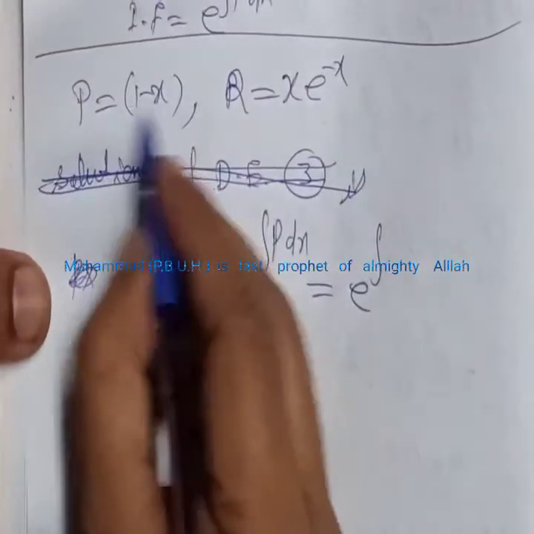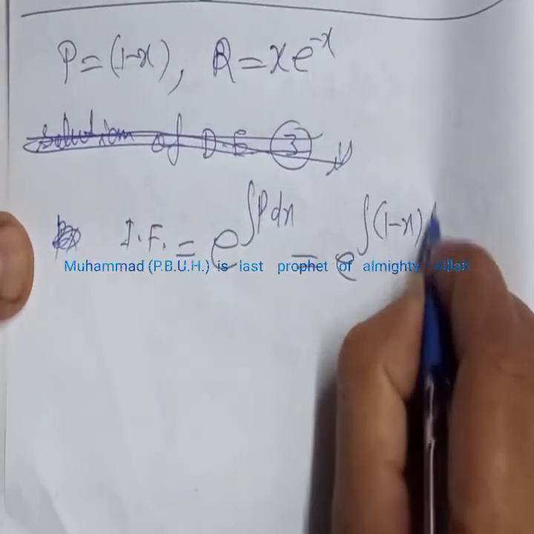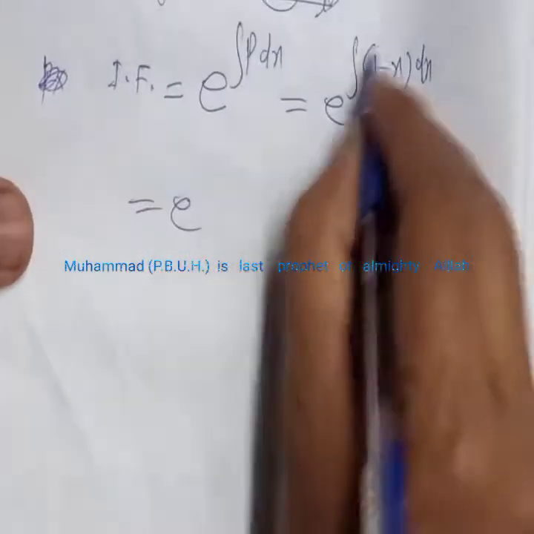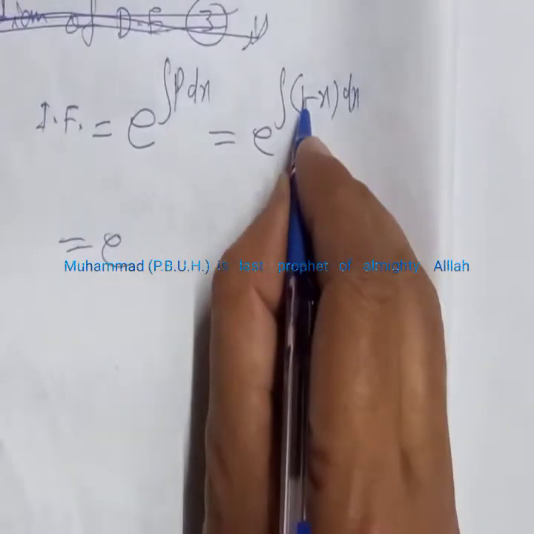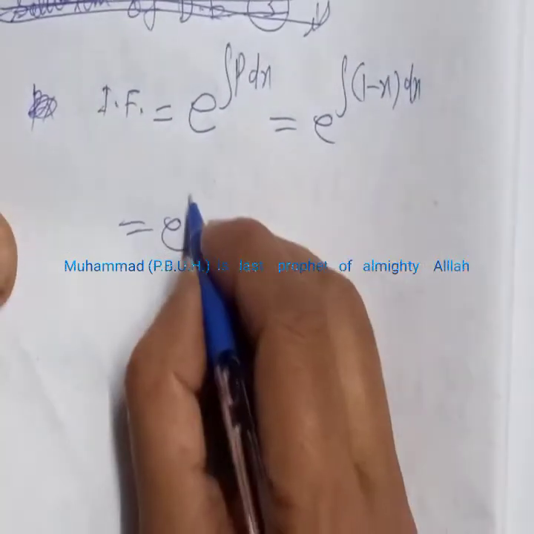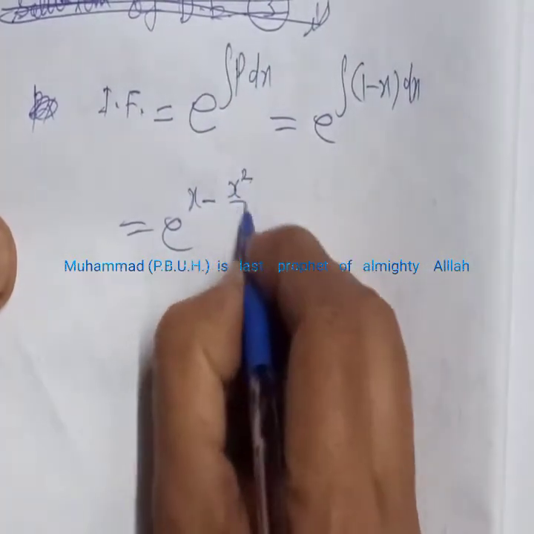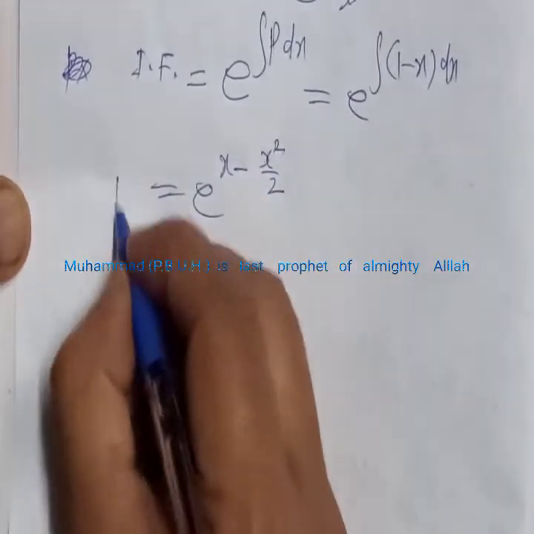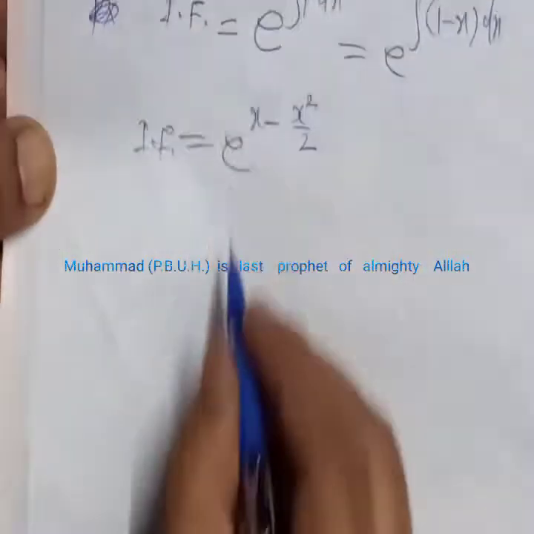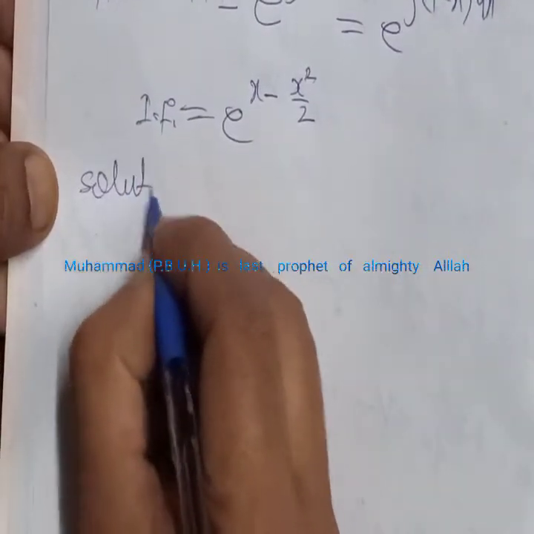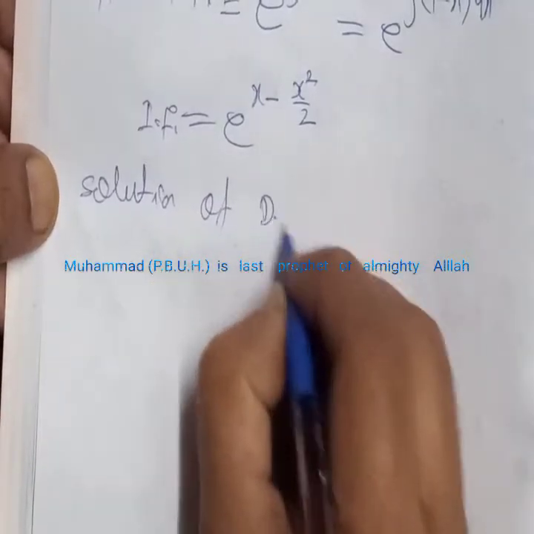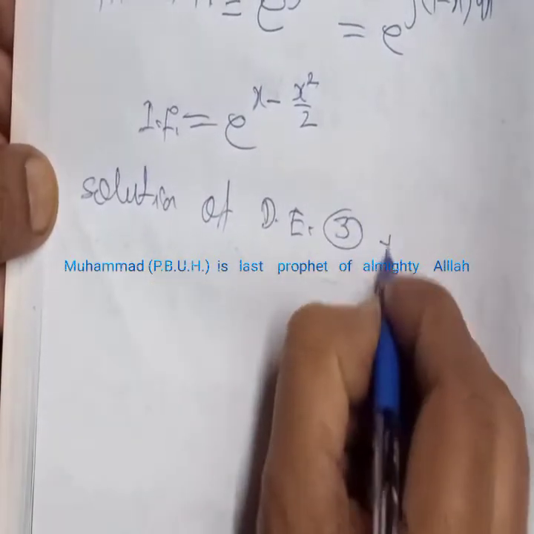is equal to 1 minus x dx. So integrate 1 and x separately. Integration of 1 is x and integration of x is x square by 2. We get the integrating factor of this. So we can write the solution of the differential equation, which is represented by 3, is